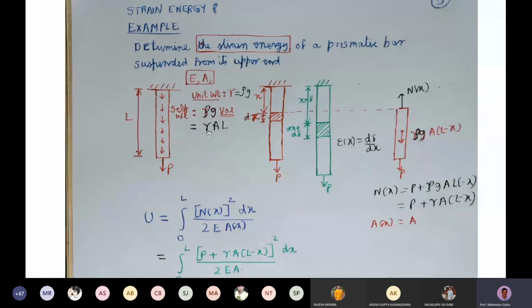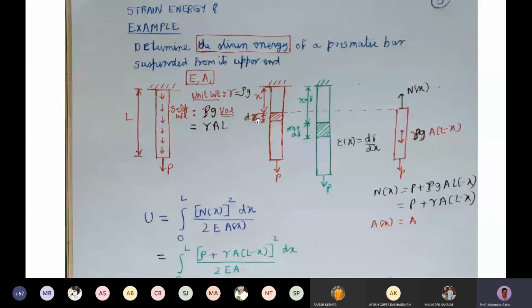Okay. So now we will analyze the bar. We'll treat this loading as a quasi-static loading condition. That means the load is incremented very gradually. The self weight also is incremented very gradually. That means the g value is not applied in one shot. The g value is increased very slowly by small increments. Okay, so what is happening? We have the bar here with initial length L. At a cross section at a distance x, we look at a small element, and the length of the element is dx. Under the applied load and the self weight, the bar will deform.